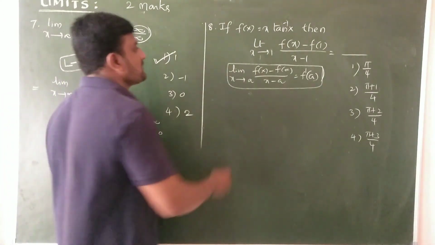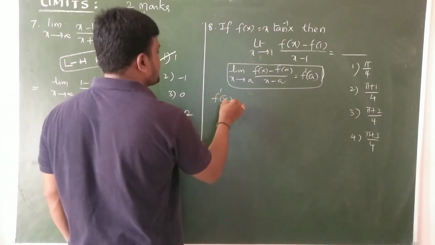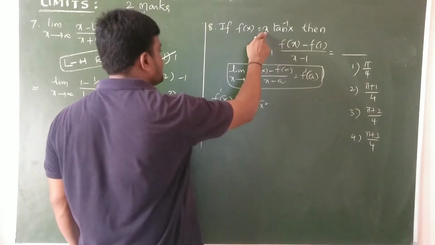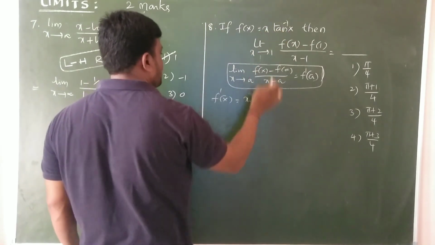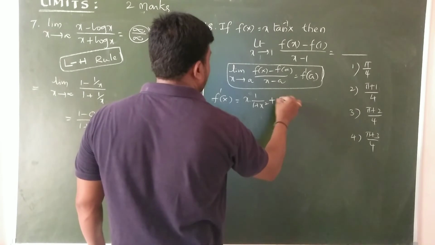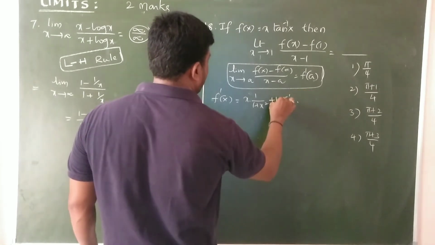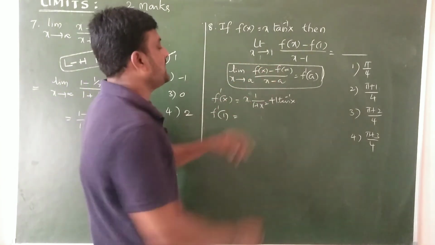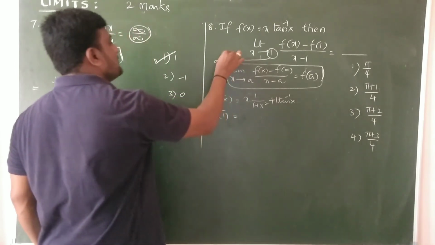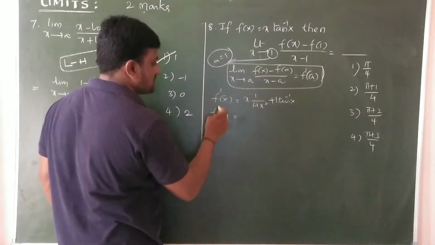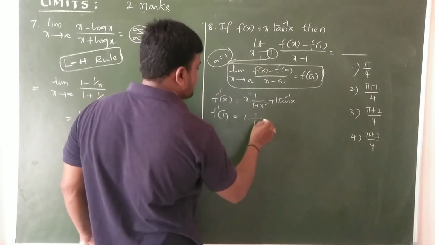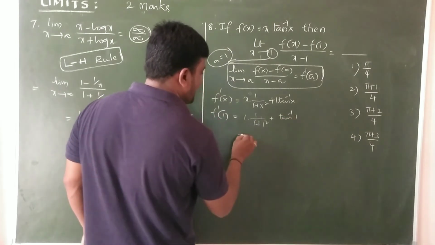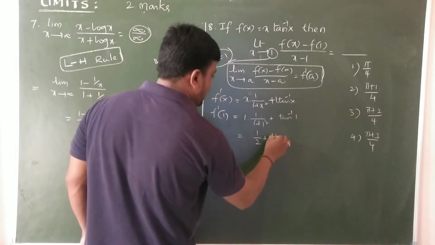Okay, so we can take f dash of x by the given, now it is nothing but x into 1 by (1 plus x square), differentiation of v, u, differentiation of v plus u, v as it is, differentiation of v is 1. Okay, so now f dash of 1 equals, in the place of x, what, a means 1, yes or no? A equals 1. So apply here x equals 1. So 1 into 1 by (1 plus 1 square) plus here 1 into tan inverse 1. Okay, now it is 1 by 2 plus it is nothing but pi.